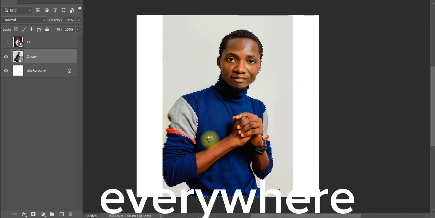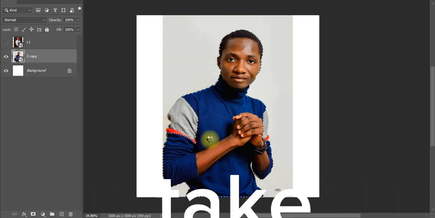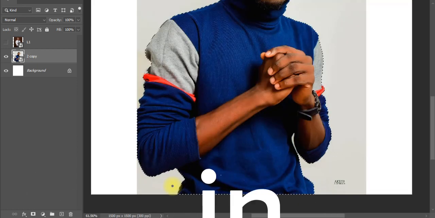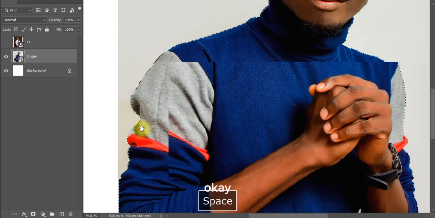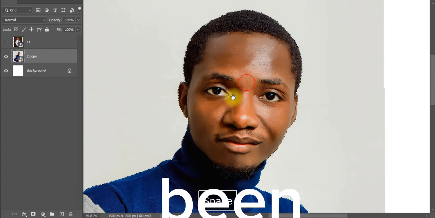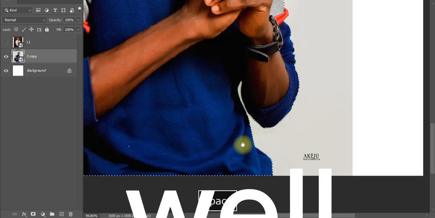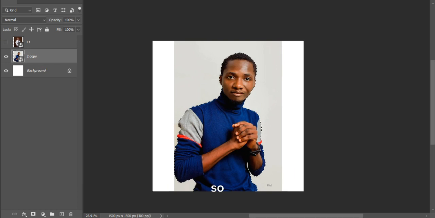Ensure that everywhere you want on the image is selected. You can take your time to check through. You can zoom in so that you'll be able to see that every area that I want to be selected has been selected. So you have to check through very well and ensure that every area has been selected. So when you are done,